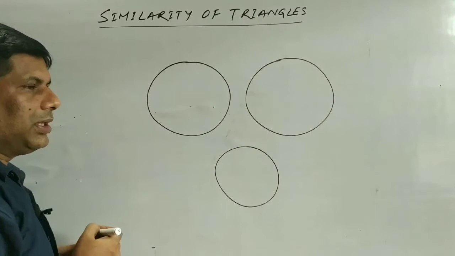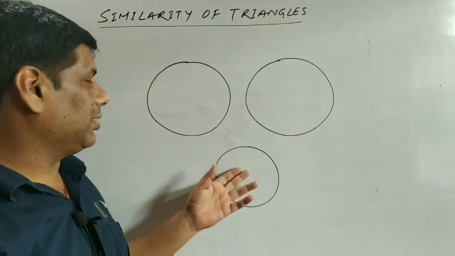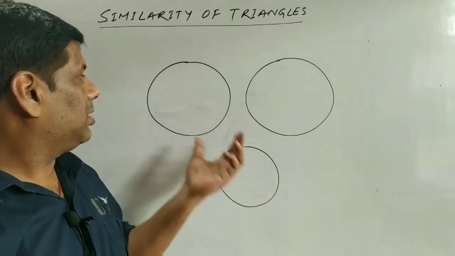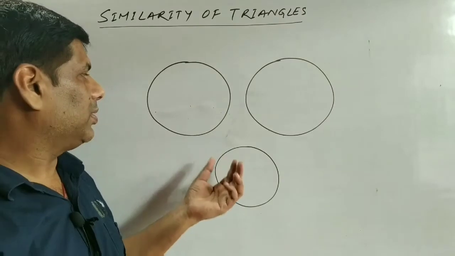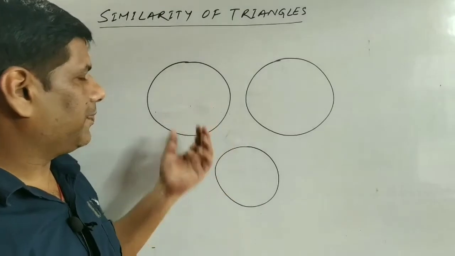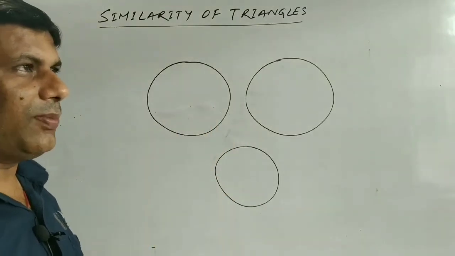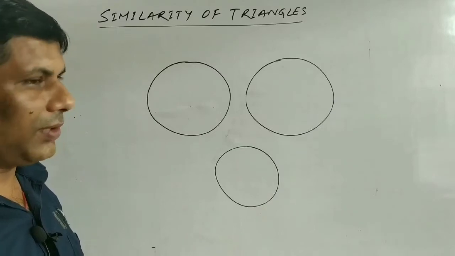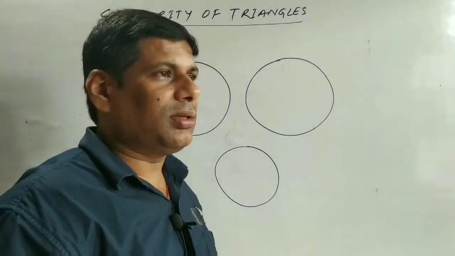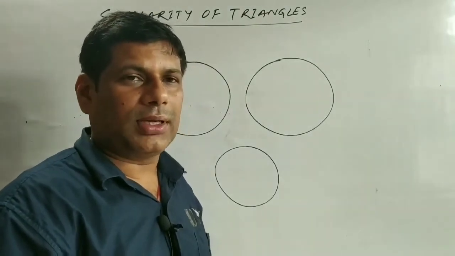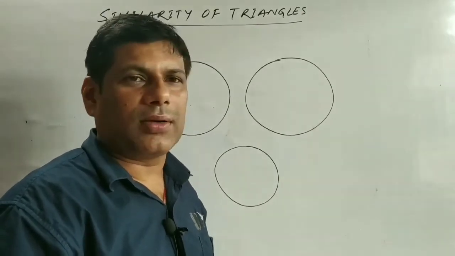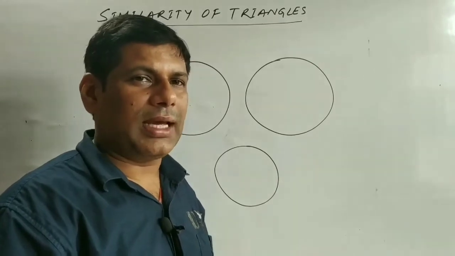If you take the same shape but the size is different, this is a bigger circle, this is a smaller circle, if this circle is put over this circle, then their size may differ but they are looking alike no matter whether it is small or big. So in similarity the same shape will be there but size may differ. So the basic difference between similarity and congruency is that in congruency two geometrical figures have same shape and same size, but in case of similarity two geometrical figures have only same shape but size differs.